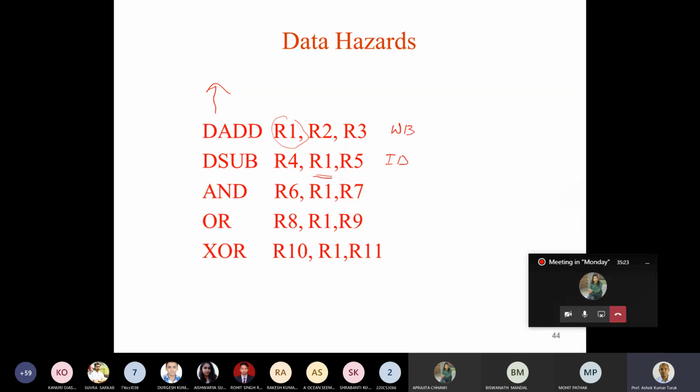As a result of overlapping, the read and write access is changed, and this change we call the data hazard. Now let's look at what value R1 is going to get. The value that R1 is going to read in the instruction decode stage is not even a deterministic value. If no instruction prior to this add instruction updates the value of R1, then it will read some value which is there in the register. It may be a garbage value.